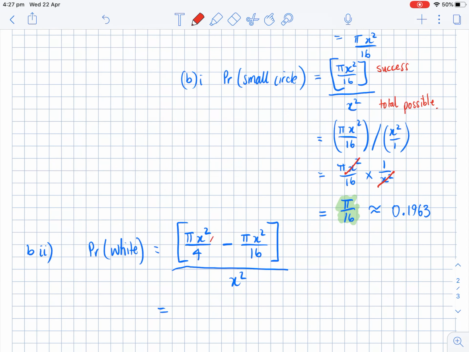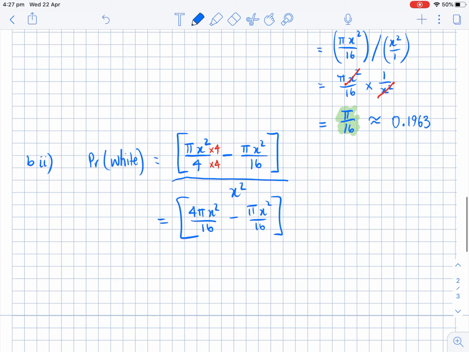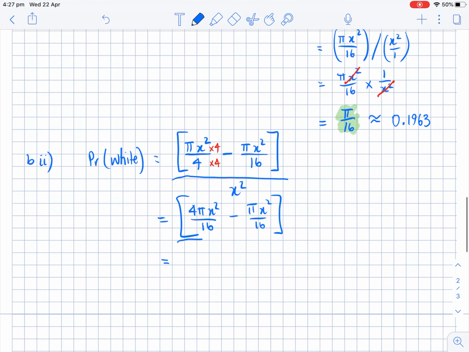And the way I'm going to get a common denominator is timesing both the top and the bottom line by 4 here. And then that will give me 4 pi x squared on 16, take away pi x squared on 16, all divided by x squared, and then that becomes 3 pi x squared on 16